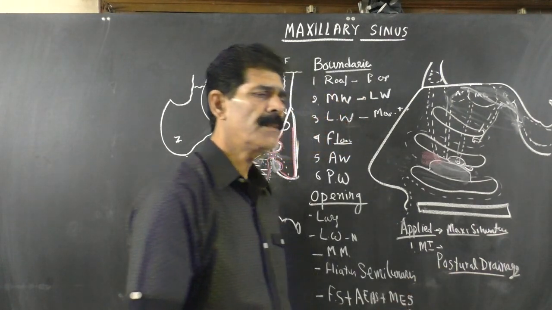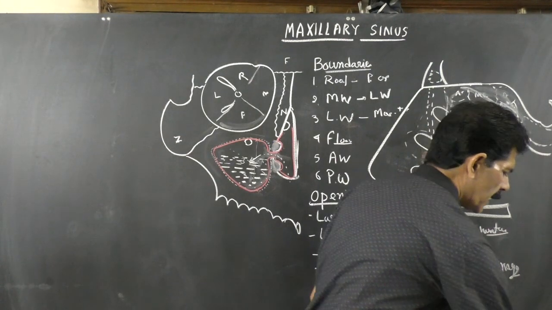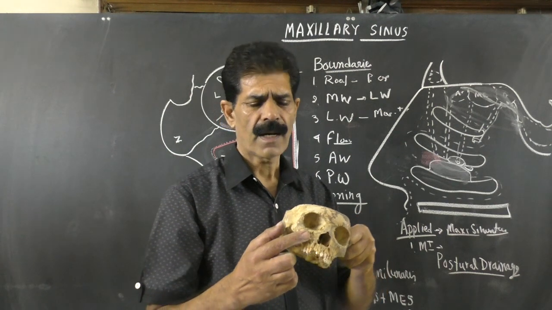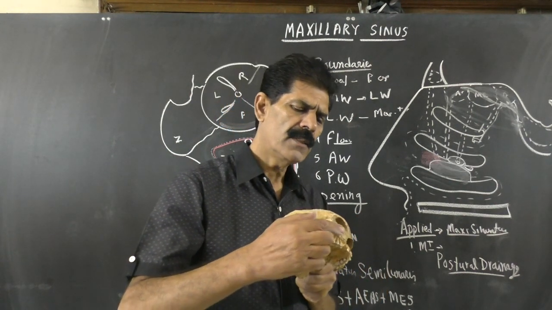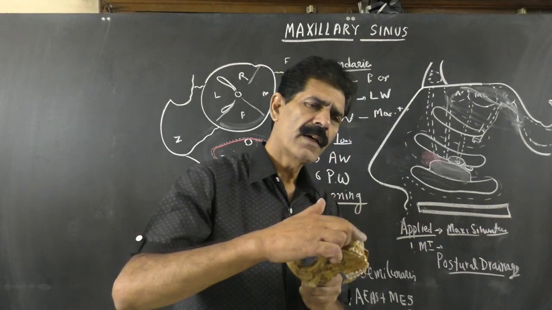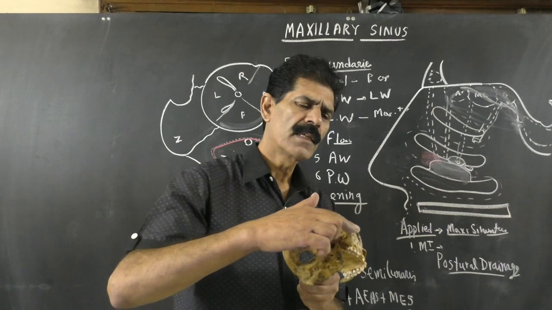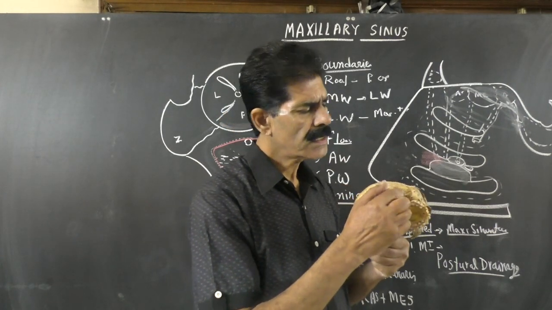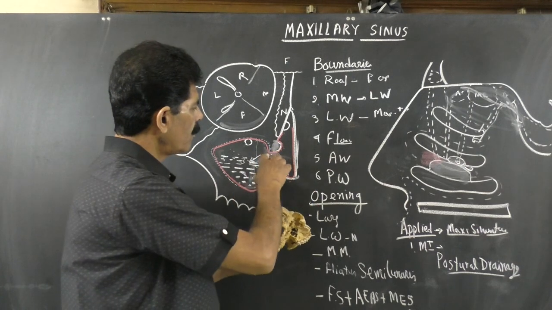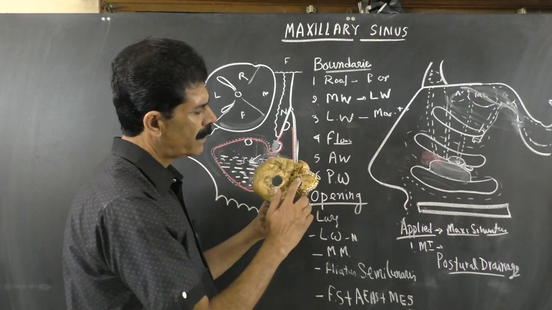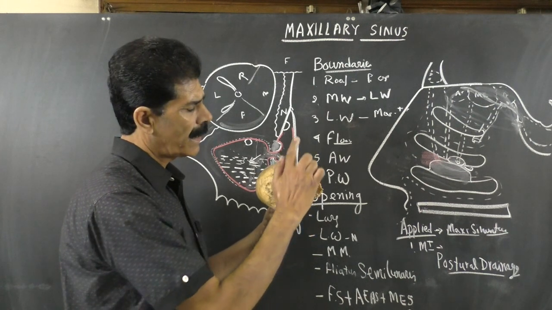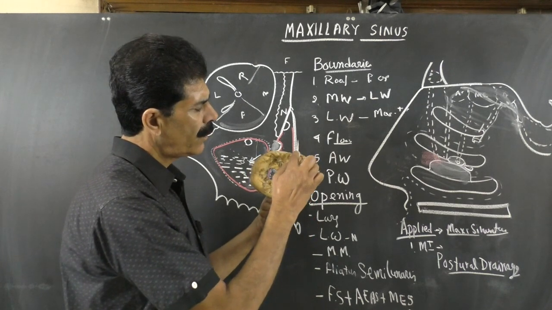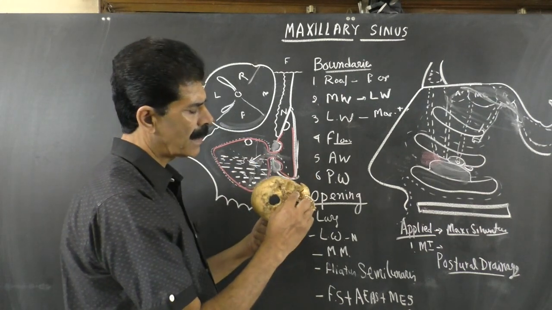In postural drainage, we change the posture of the patient. And what is postural drainage? For example, if the right side of the maxillary sinus is affected, then we tell the patient that he or she should sleep at night with the affected side of the face upward. When it is in the upward position, the opening becomes positively geotropic, and because of gravity the whole of the secretion of the maxillary sinus will come into the